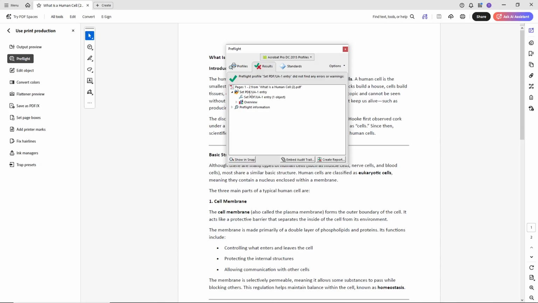After clicking Save, wait for a few seconds while Adobe generates the fixed PDF file. The processing time depends on the size and complexity of your document, so be patient while the tool does its work. And that's it. You've successfully used the Preflight tool to fix PDF UA issues in your document, making it more accessible and compliant with universal